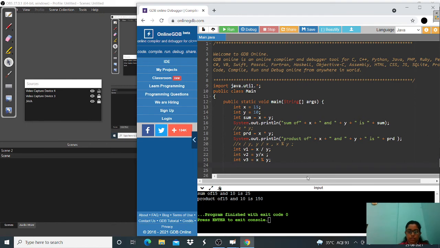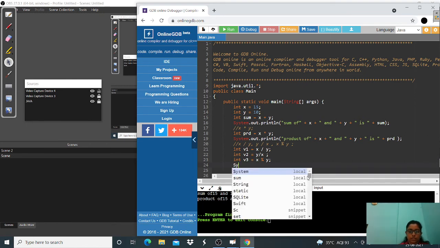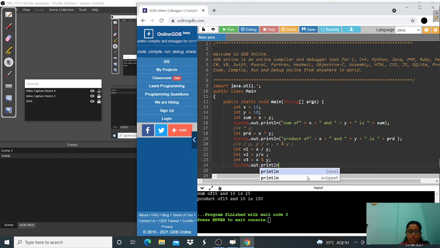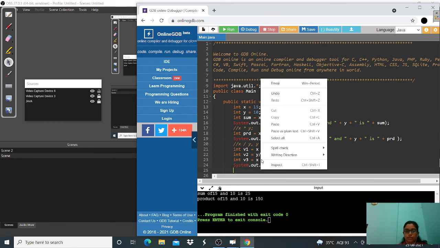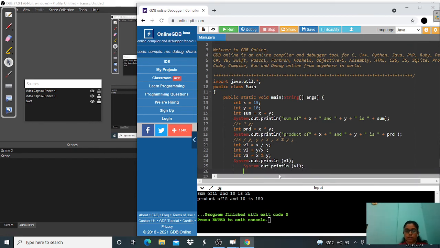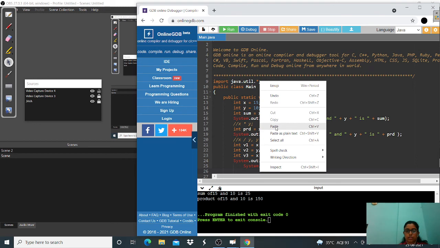For this we have to write System.out.println(v1). Then we have to write v2 and v3 also. Okay, copy, paste, again paste.